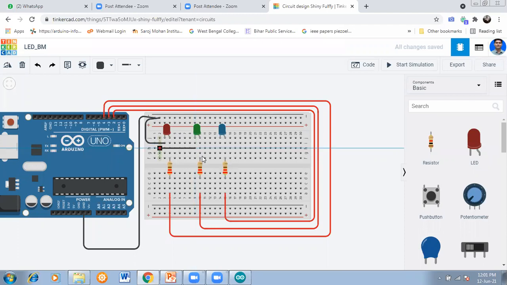You can connect here also, and these pins we can connect here also. Or you can go here also. So all the negative pins and terminals are connected to the ground.